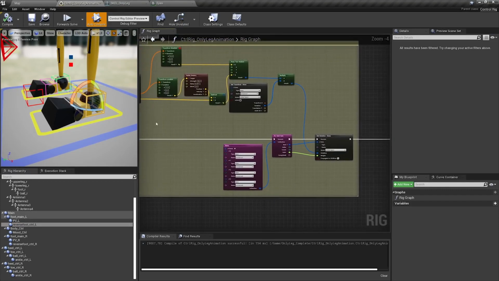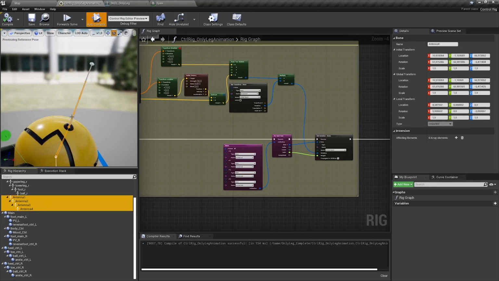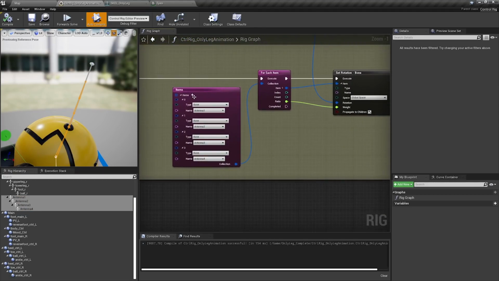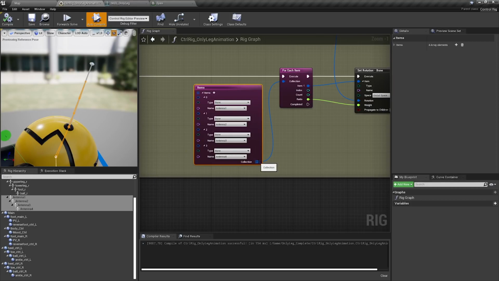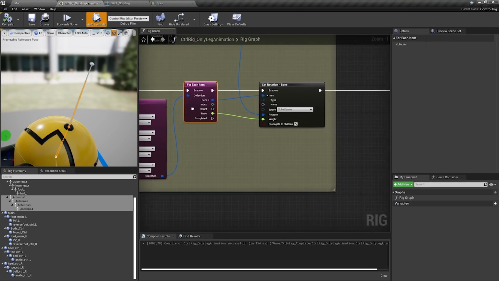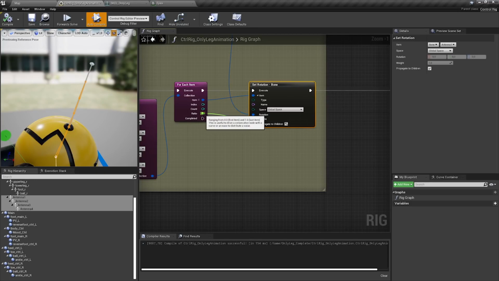For the antenna, up here, the antenna is a chain of bones from antenna 1 to 4. And I'm using a collection. A collection is a list of items, and you can easily create one by just dragging it in and saying create collection like I did here. And then I'm taking those and iterating over them for each. And for each item, I'm setting the rotation, which I calculate, so I'll show you in a second, with a weight. And the weight depends on the ratio, which is a number between 0 and 1 on the item